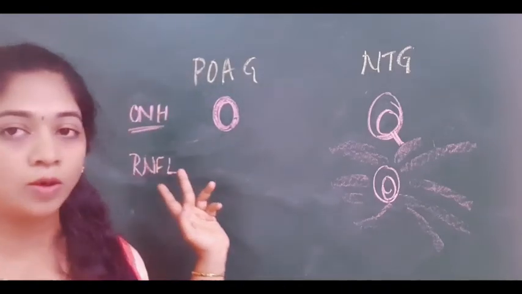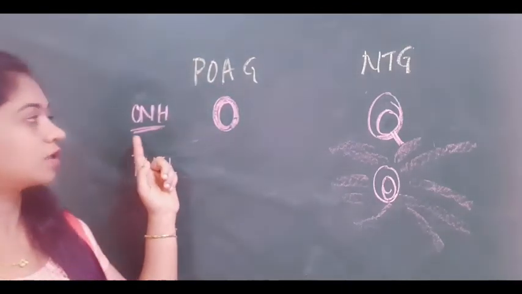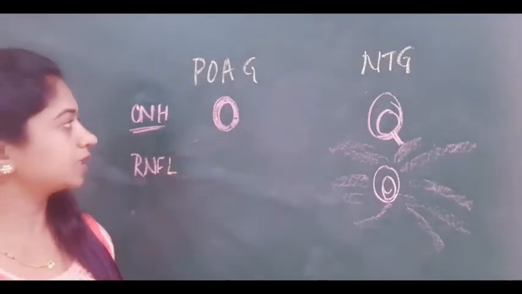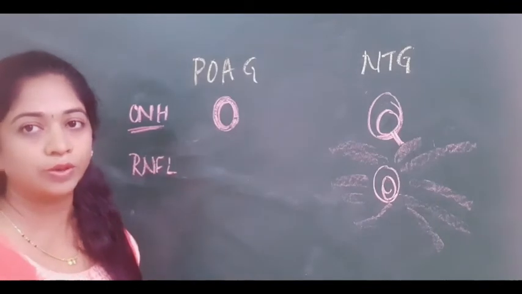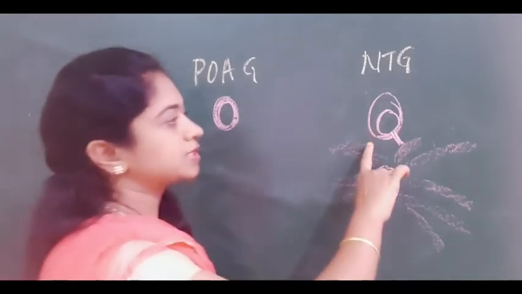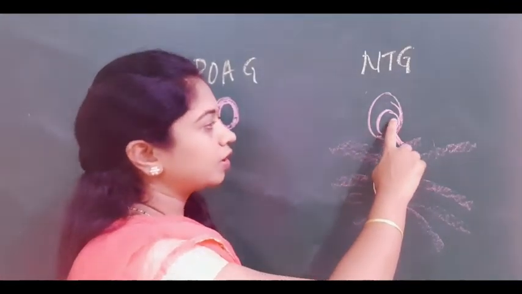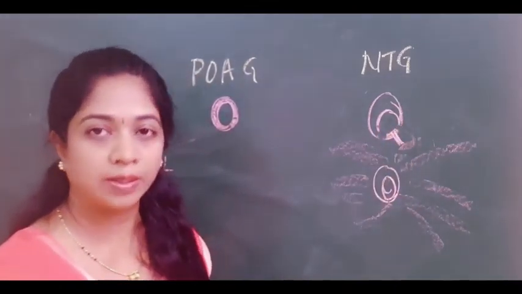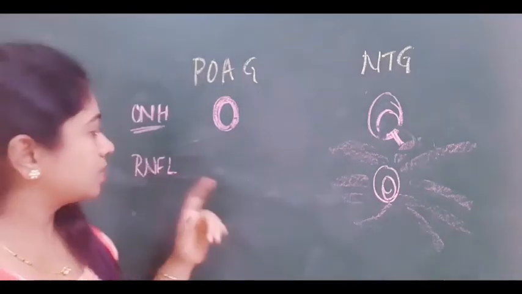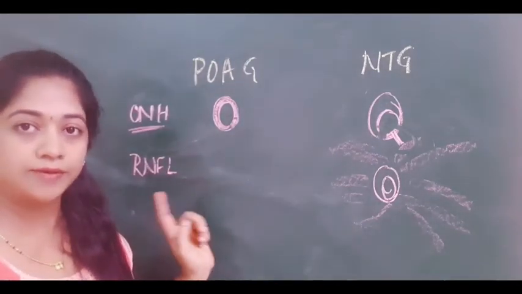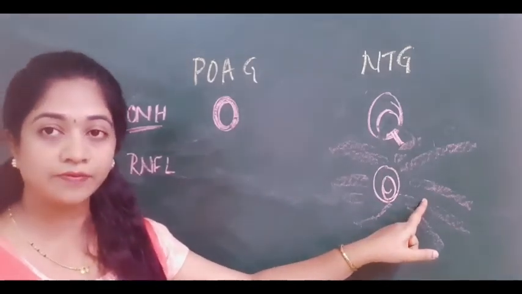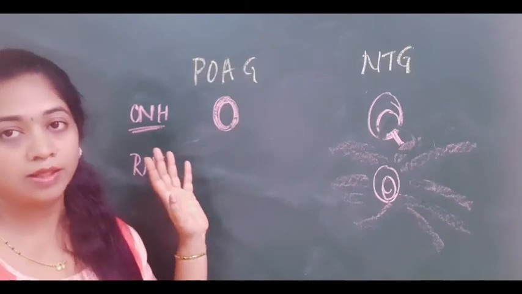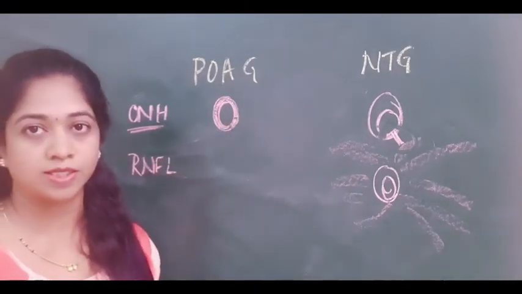And if you come to the optic nerve head examination, that is the optic disc evaluation, in POAG, that is primary open angle glaucoma, there is uniform and concentric thinning of the neuroretinal ring. Whereas in NTG patients, the thinning is usually inferior or inferotemporal more commonly, and there are more commonly associated optic disc hemorrhages in case of normal tension glaucoma. And if you do RNFL examination with red-free light, you will see localized defect of RNFL in NTG patients, whereas it is a diffuse uniform defect in case of primary open angle glaucoma patients.